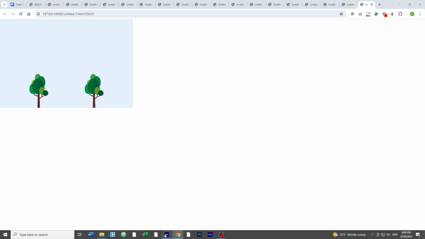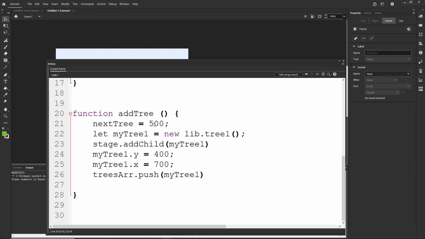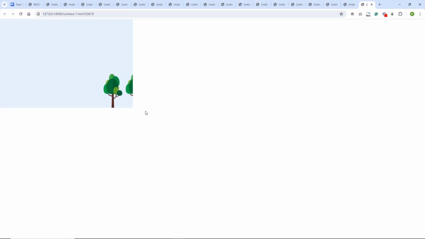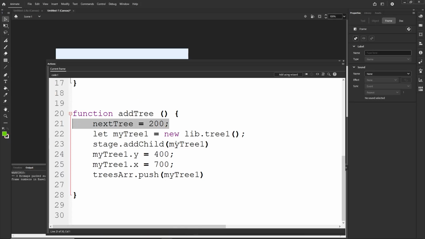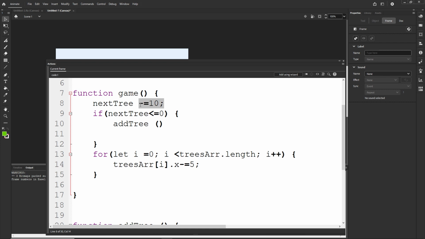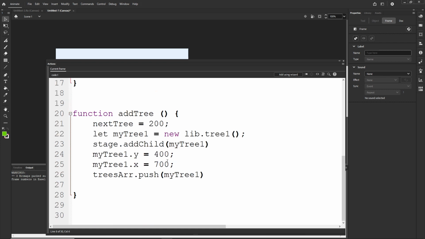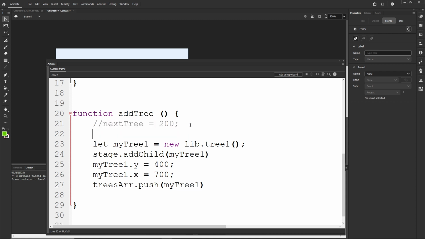And right now, if we want to have this with more frequency, I can change this from 500 to be 200. And right now we are going to have the trees with more frequency, because we set this to 200, and then we are going to have the countdown like so. And yeah, we can also put this to be, but I do not want to go with this, but we can go with